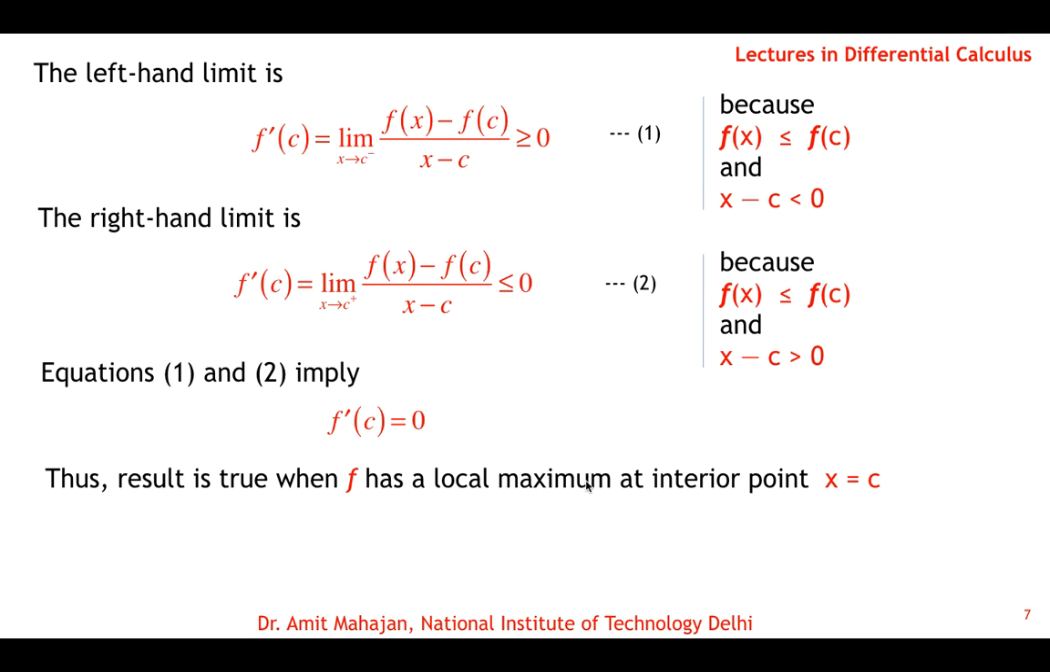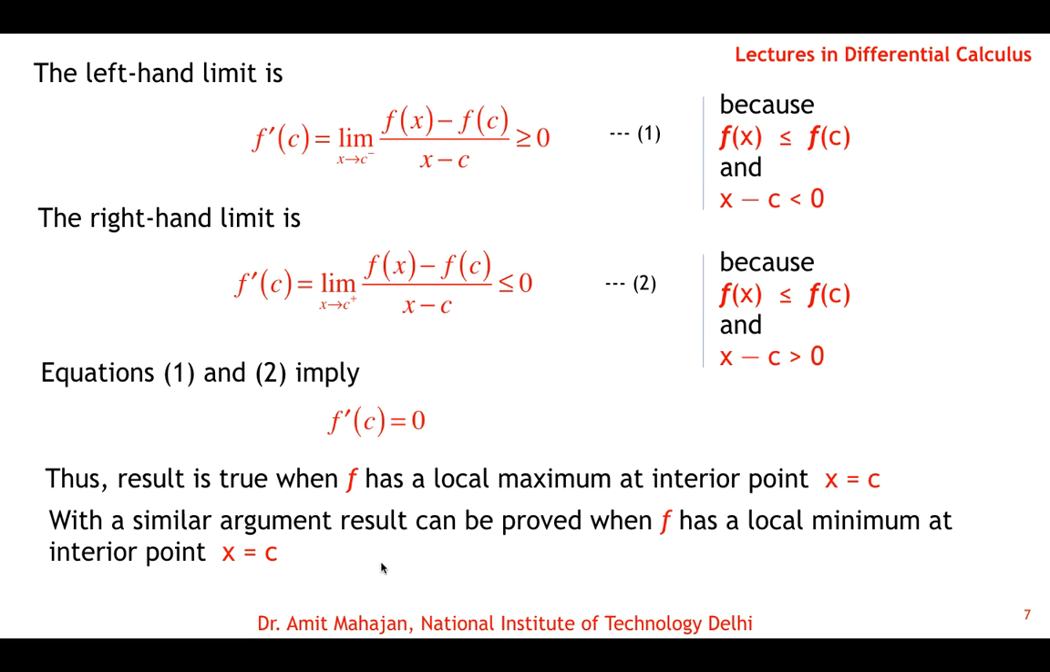Okay, similarly for local minima we can proceed with the same steps and we can easily prove it. The only change you will find is that for local minima f c is less than or equal to f x for all x in a small interval containing the point c. Okay, so this inequality will be reversed and accordingly these will change and you will find the same result. Okay, so I'm not proving the second one, a similar argument you can use, and you can prove that when f has a local minimum at interior point x is equal to c and the conditions are satisfied, then the derivative at c must be 0. Okay,